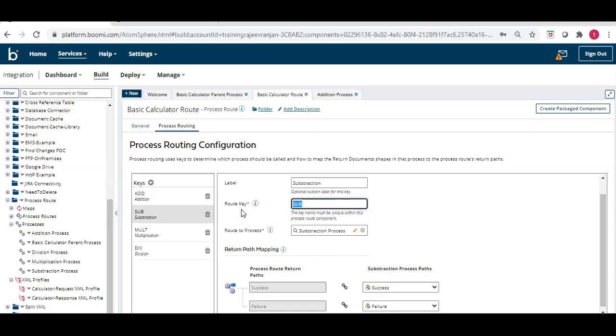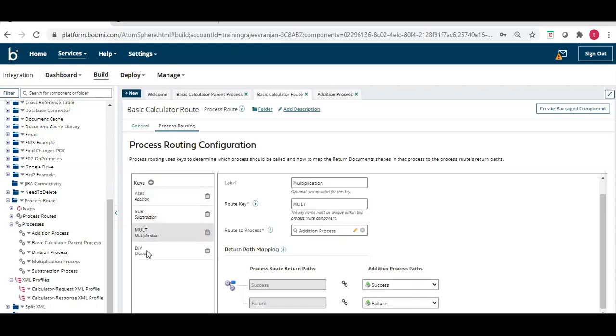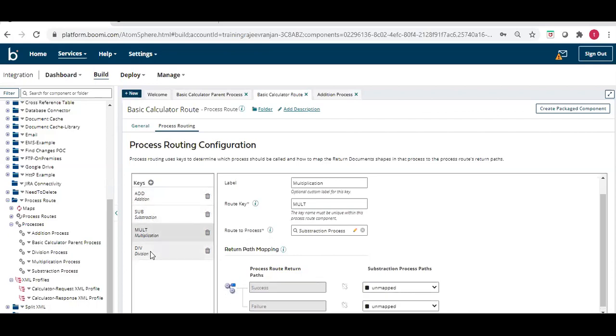We'll see that there. So remember, the route keys are add, sub, mult, and div. And in a similar way we have done it here. This is for addition, this is for subtraction, this is for multiplication, this is for division.